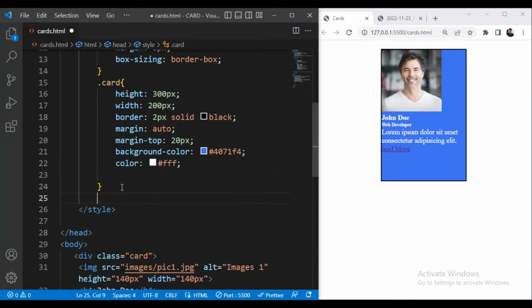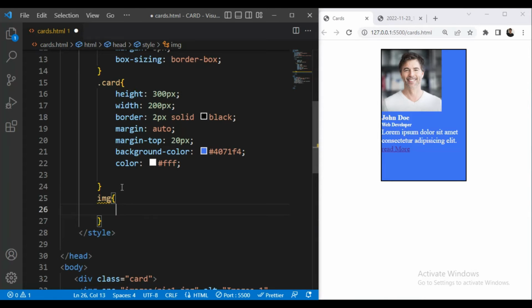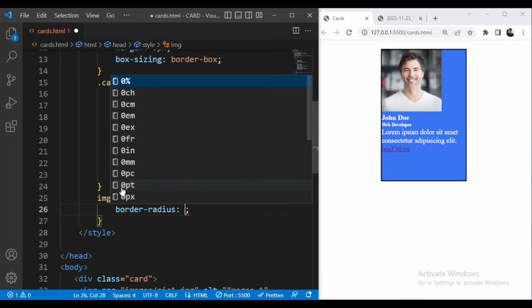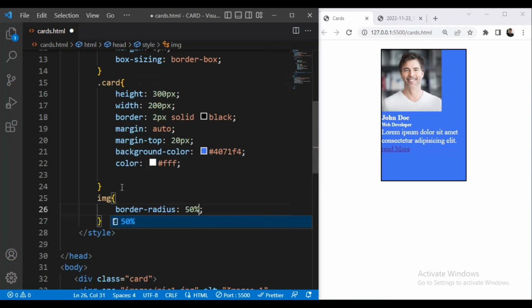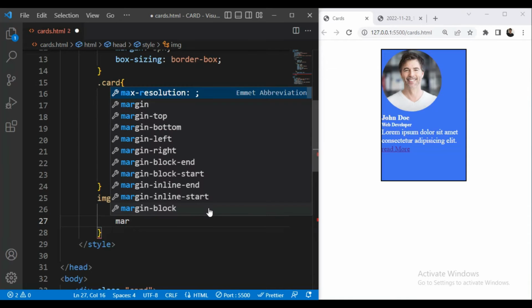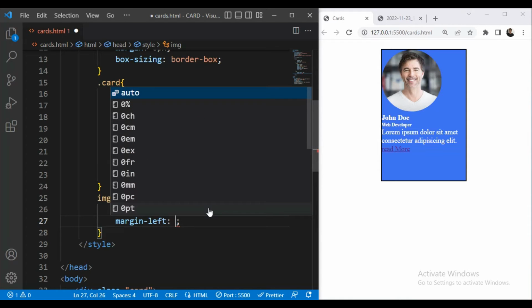Then next we'll go to our image, so we'll take the image selector, and for image we'll make border radius 50%, and then margin from left, that will be 30 pixels.